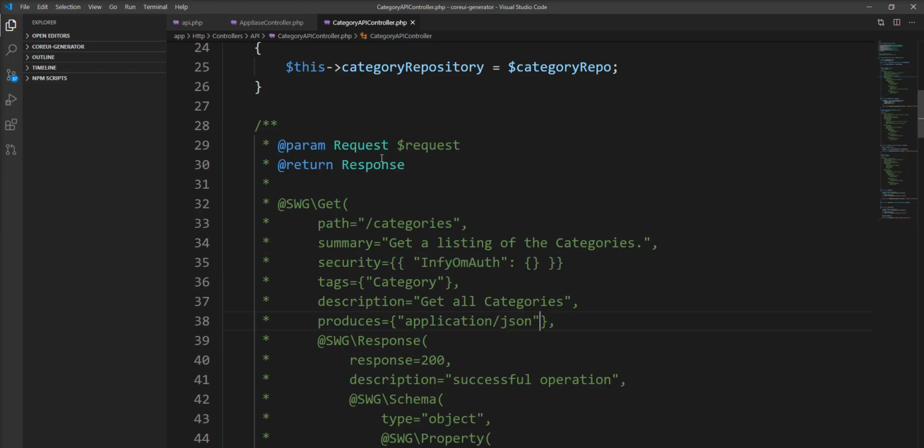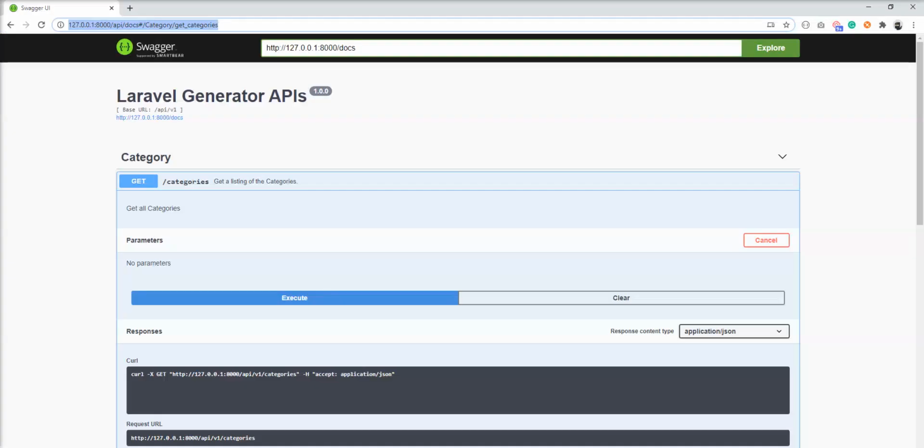So now the security related and bearer token related setup is done. So let's reload the Swagger docs and check. Let's open the browser and refresh it.